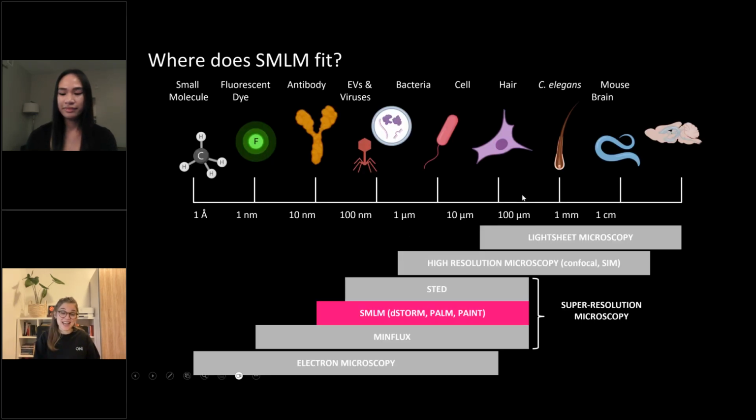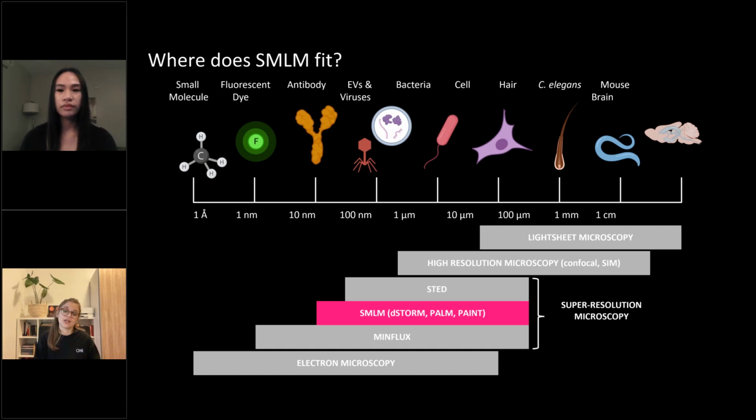Yes, so before we dive into choosing your microscopy technique, I want to have a little recap on what single molecule localization microscopy is and where it can potentially fit in your research, okay? If we have a look at this diagram, we see the biology at different length scales. You could be interested in imaging small molecules all the way up to imaging big animal tissues, such as a mouse brain. And depending on the size of your structure of interest, you'll probably want to use different microscopy